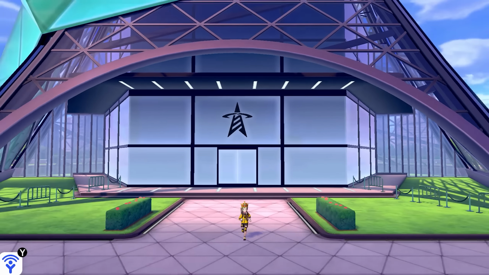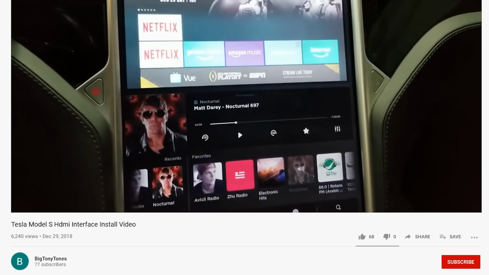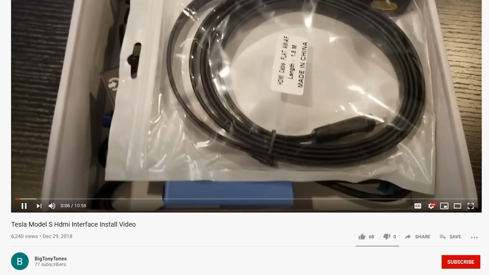So we got some old Pokemon games working on the Tesla, we have plenty of fan games working. Can we play some newer games though, like Sword and Shield and Let's Go Pikachu and Eevee? Well, the answer to that question is, I think so. But it's very complicated. I haven't seen anybody do it yet, but on YouTube there's quite a few videos of people who installed an HDMI mirroring kit which allows you to connect HDMI stuff to the car and then project it on the touchscreen. In theory, if you could do that, you more than likely would be able to hook up your Nintendo Switch to the Tesla and then project one of the newer Pokemon games onto the little screen there,